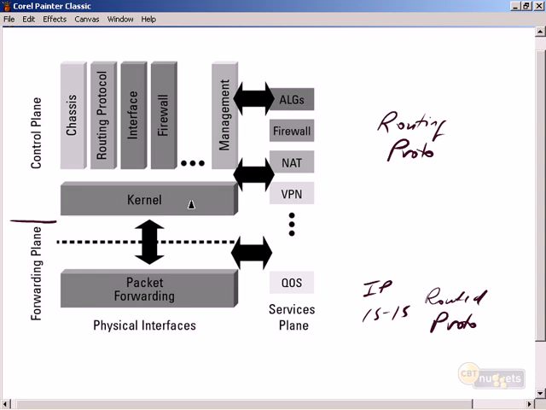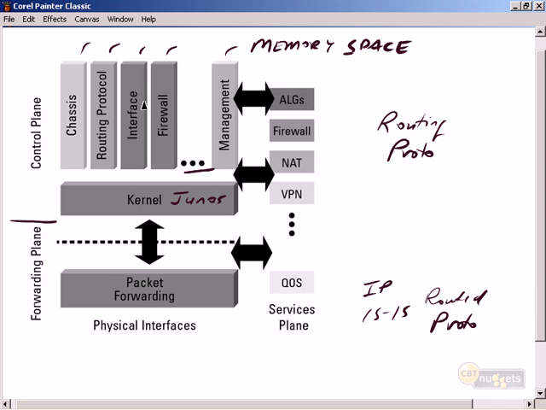And we can see also from this diagram that we have the kernel here, which is basically the kernel Junos operating system, and different services: the chassis service, the routing protocol service, the interface service, the firewall service, and then of course an ellipsis here to other services. Each one of these services runs in its own memory space, kind of in its own memory sandbox. So if we have a failure in one of the services, like the routing protocol service, it doesn't directly affect the